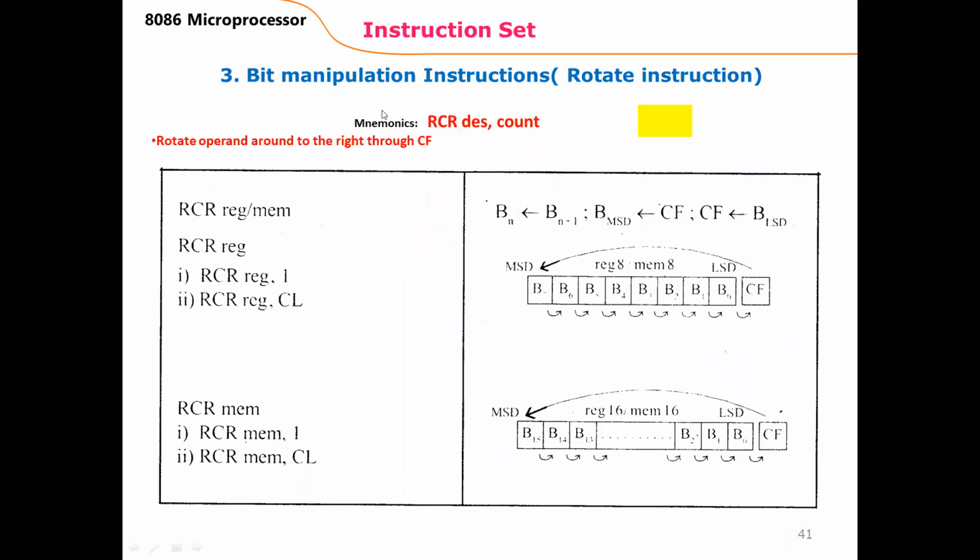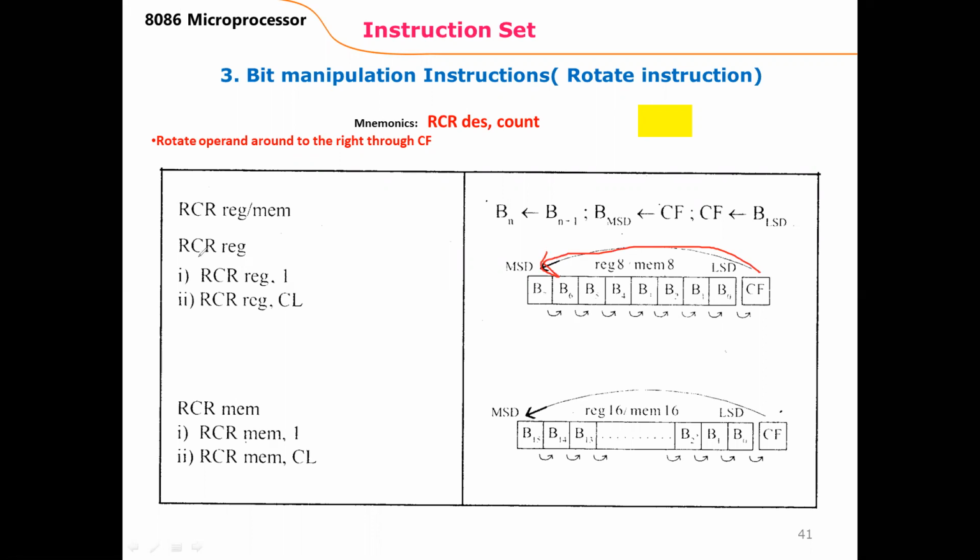Next are the instructions through carry flag. Then the result will be different. If the rotation operation is clear to us, then these 4 instructions will be easily understood. In the earlier case, we were shifting without carry, which means the bit which was coming out from the register was forming the blank bit. But in this case, the bit coming from the carry flag will fill the blank bit.